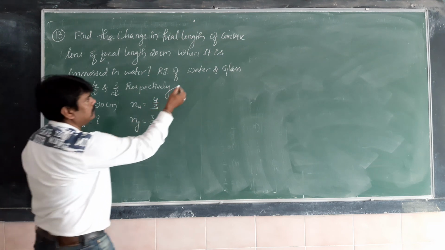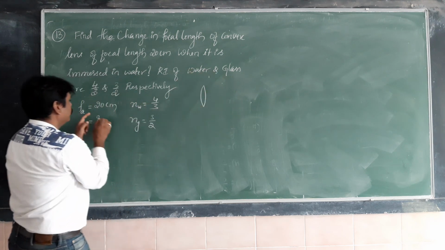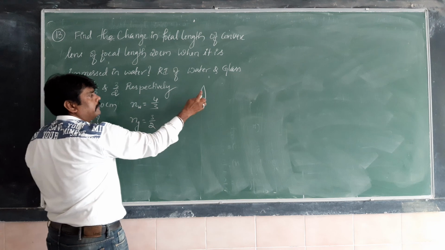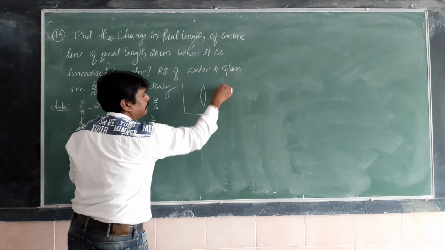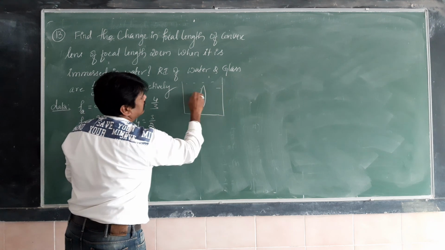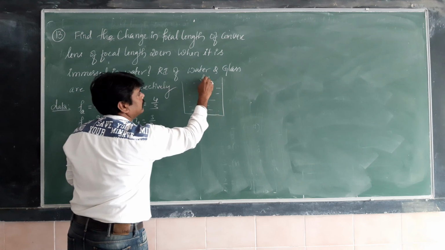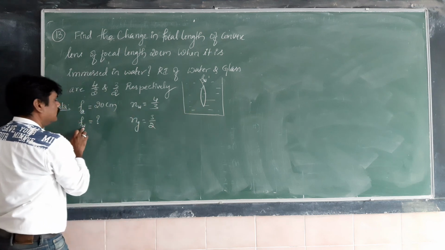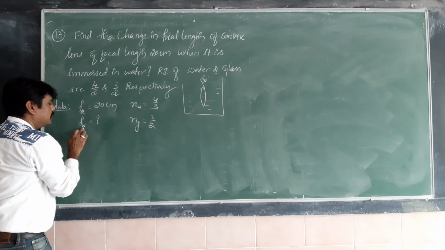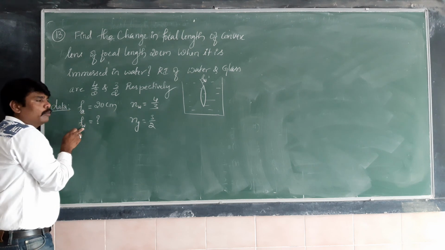See what happens when the lens is surrounded by air medium, whose focal length is Fa. Then the refractive index of this lens is Ng. Now what happens if this lens is immersed completely inside water? If it is immersed completely inside water, the focal length changes to Fw. Focal length of the lens when it is immersed in water is Fw. Before that, in air medium it is Fa, in the water medium it is Fw.